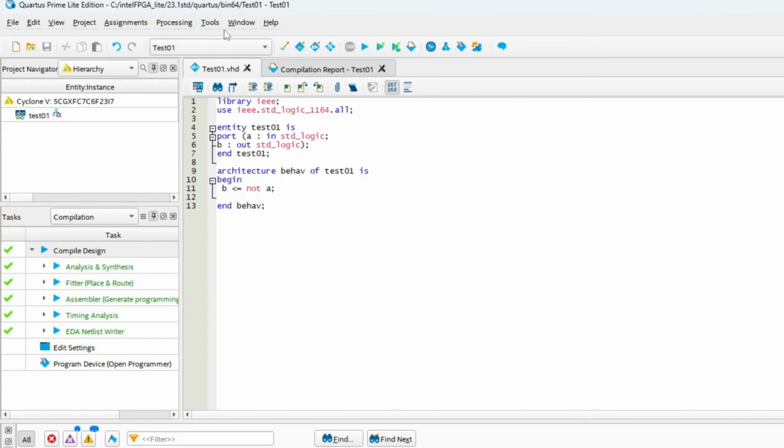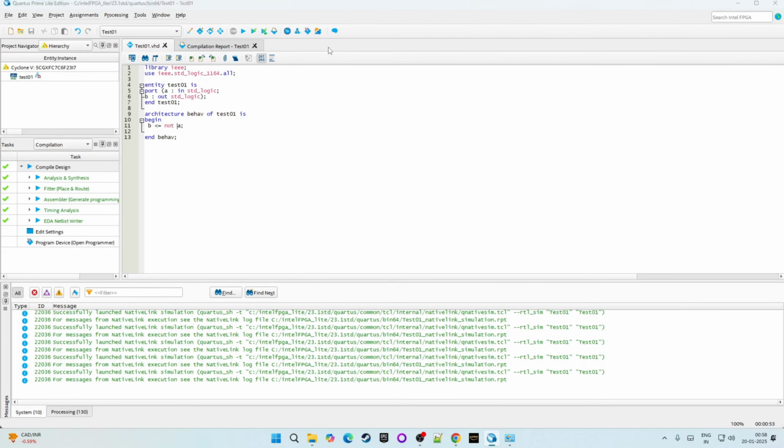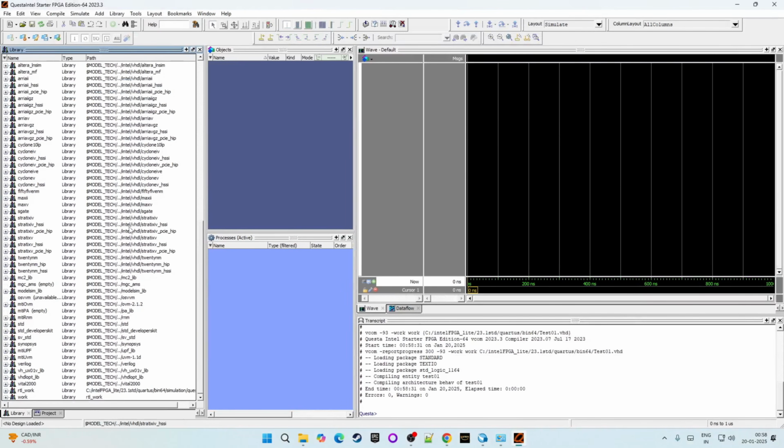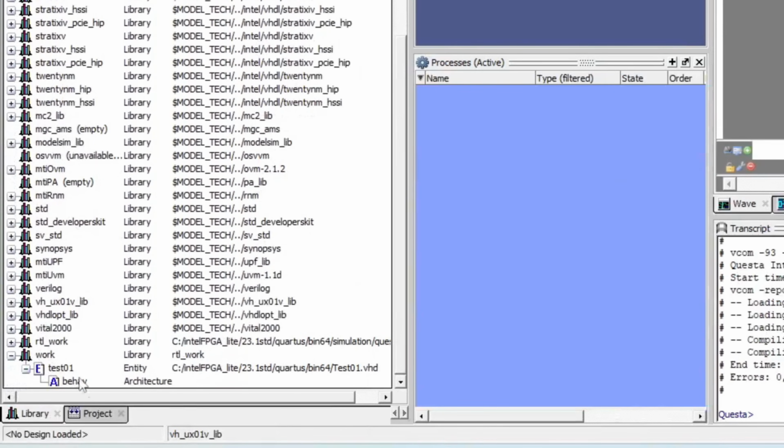Everything is okay. Now go to tools, click on run simulation tool and select RTL simulation. Now it is starting again. Again go to the work library and select our test01 module.